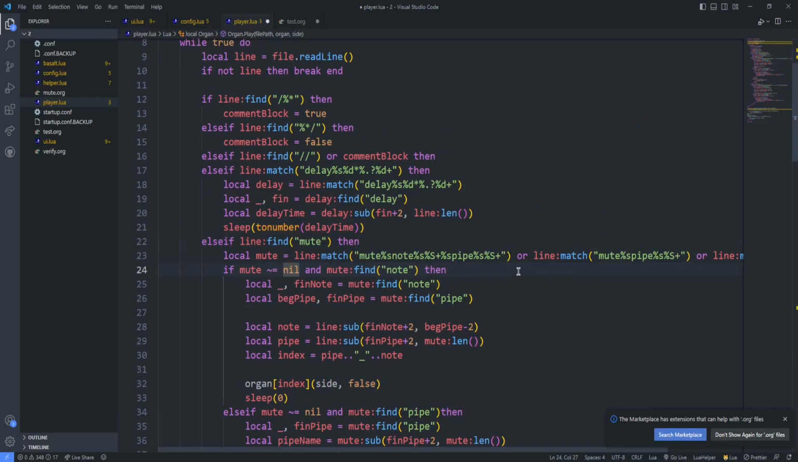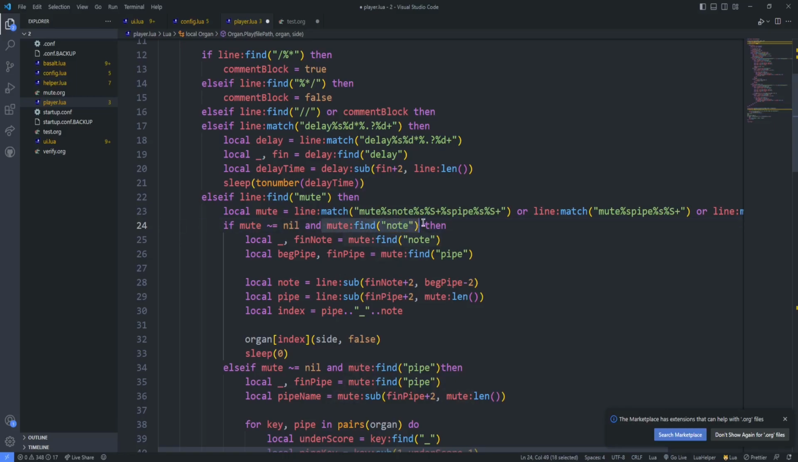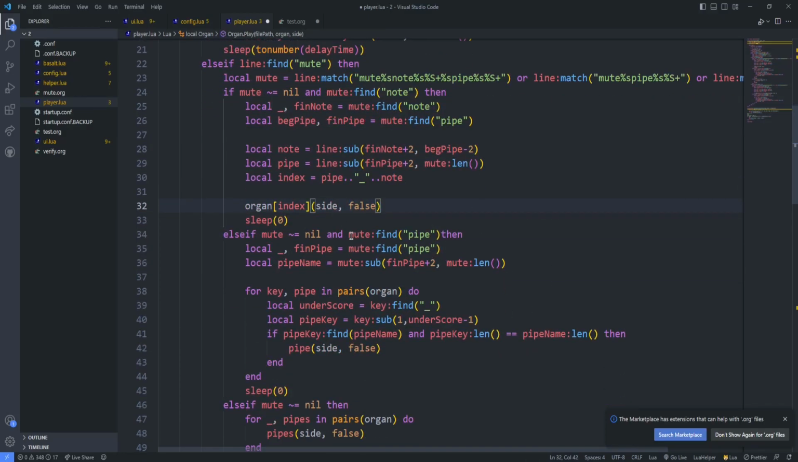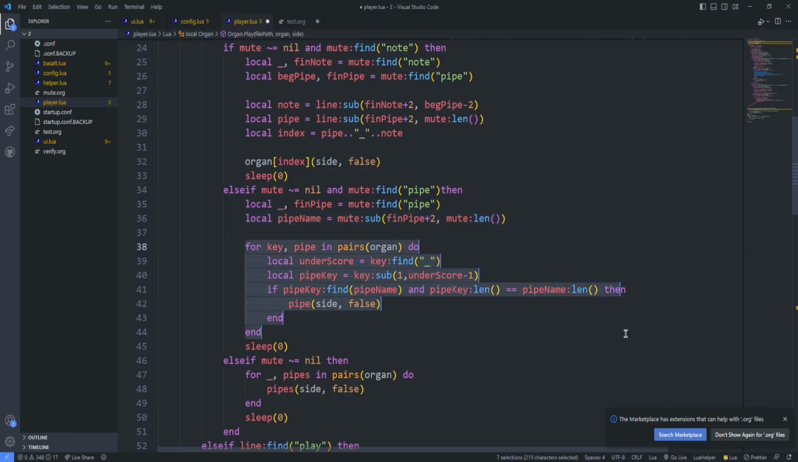And yeah, in here we then find node, because we are now matching this regex basically. And now we basically get the node keyword and the pipe keyword, get the node and the pipe, create an index, and set this side to false. We do the same for pipe. We check here, set the index, get the pipe name, and now we need to loop through everything once